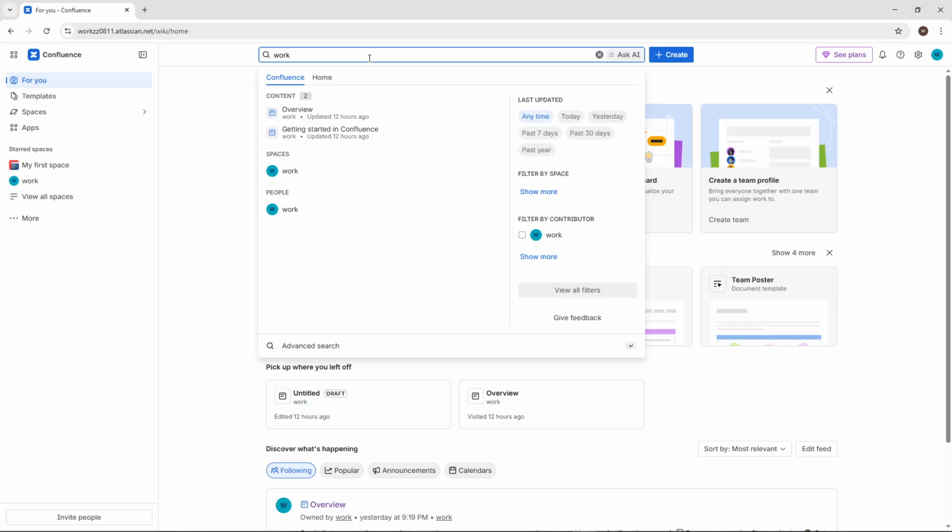Once you see initial results, it's time to narrow them down with filters. In the results view, click Filters to focus your search. You can filter by space to limit results to a specific workspace, by author to find content created by a particular teammate, by date to target recently created or updated items, and by content type to toggle between pages, blog posts, and attachments. Use these together to cut through noise. For example, filter to a project space, then choose pages, and set date to the last 30 days for fresh,